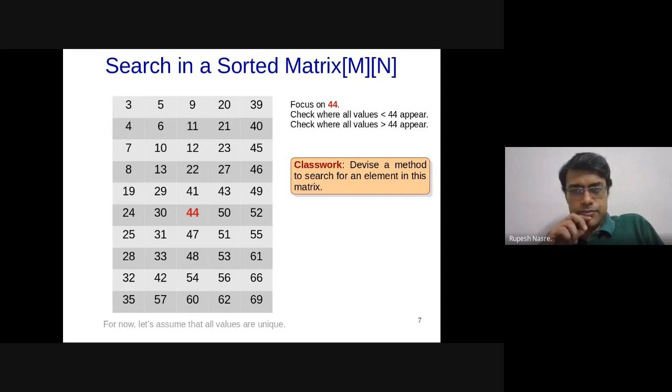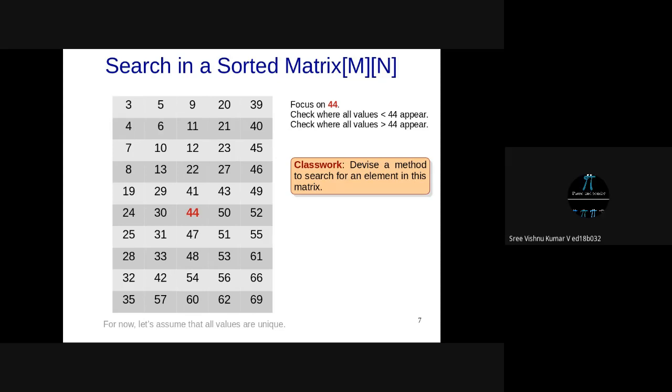Yeah, go ahead. To decide between the right side and bottom, if we want an increasing number, we will choose based on which number leads closer to the 44. Say we are at 13 and we want to reach 56. There are two options, 22 and 29. Since 29 approaches 56 more than 22, we'll choose that path. That way, we have some logic which says that this might approach 56 faster.